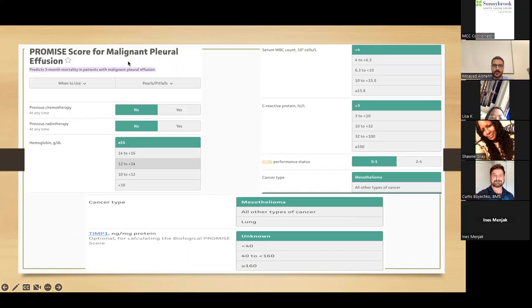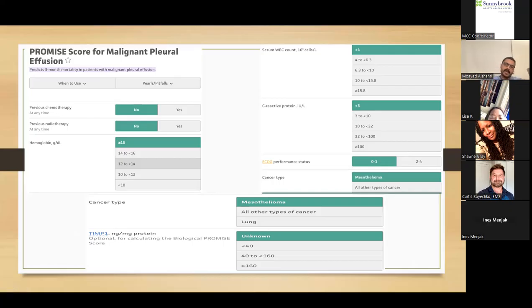This is the PROMISE score for malignant pleural effusion prognostication, highlighted to predict 3-month mortality. These are the clinical domains factored in: previous chemotherapy at any time, previous radiotherapy at any time, hemoglobin level, serum white count, CRP, ECOG performance status, cancer type, and